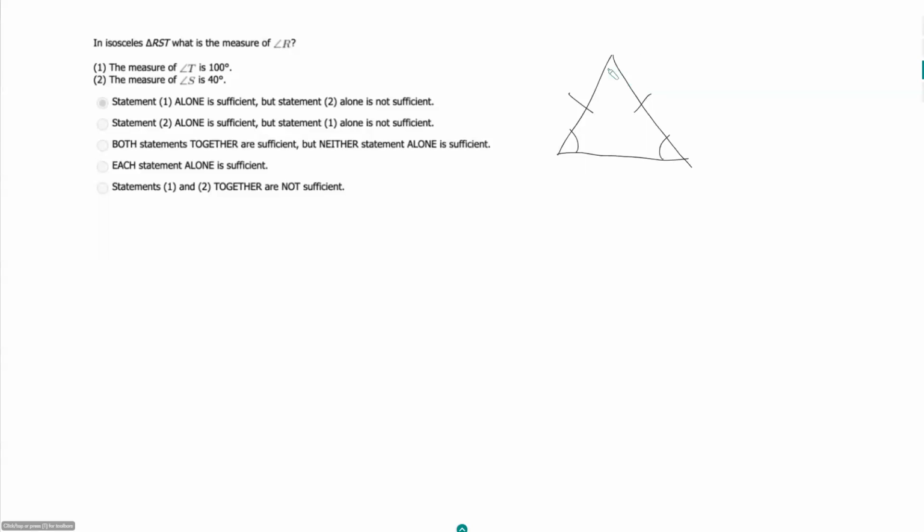Now we don't know how this triangle is labeled, so we don't necessarily know if R is one of these two angles or if R is up here. But our triangle is going to look something like that. Statement 1: the measure of angle T is 100 degrees. So let's think about